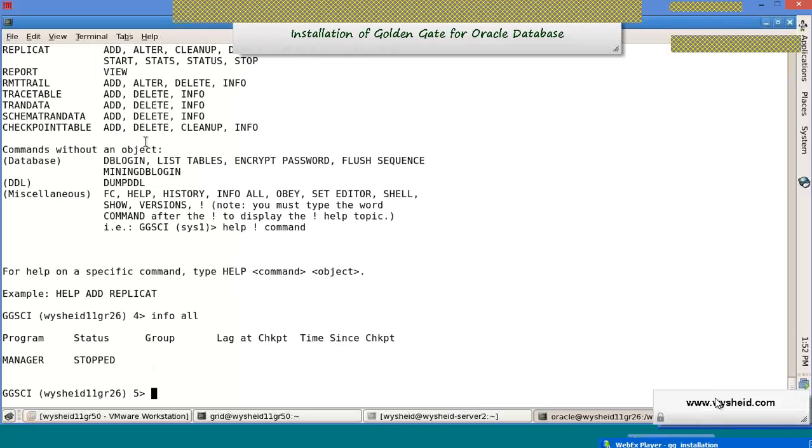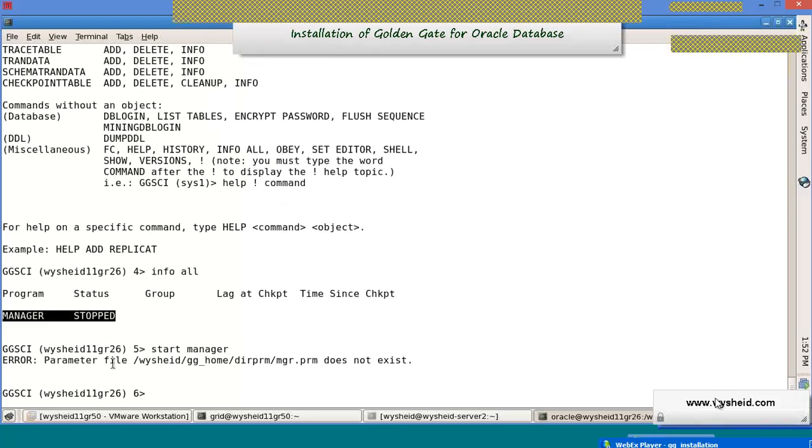Okay. So info all gives that the manager process is stopped. You got me? Because there is no manager process running. Now, how to start the manager? We can just issue the command start manager. Okay. It gives an error message about the parameter file. Why should the GG_HOME, not grid home, GG underscore home,